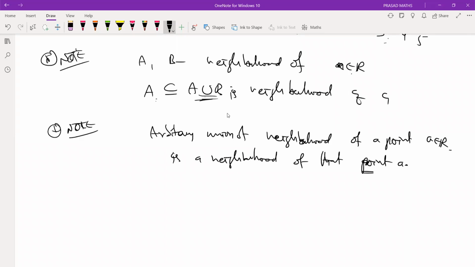Previous example, sir, the open intervals (-1/n, 1/n). Yeah, this is about actually the same idea that A union B contains A itself. Superset of a neighborhood is again a neighborhood. Right? So next is